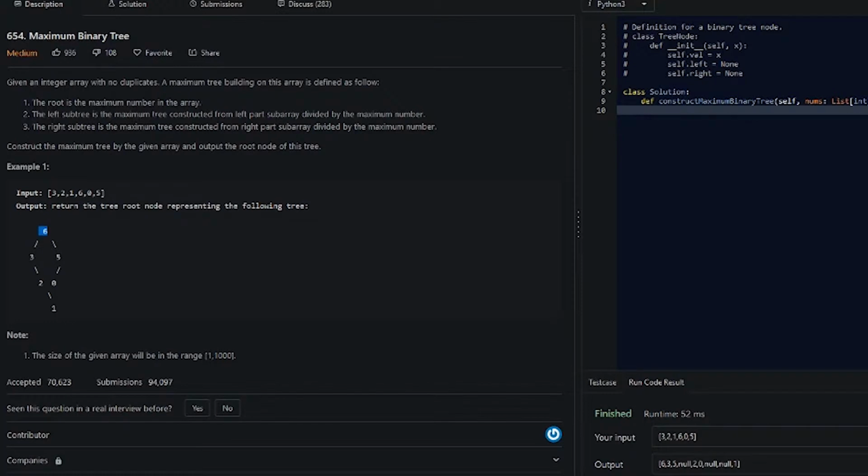The root is the maximum number in the array, so in this case the root here is 6. And then the left subtree is the left part of the subarray, excluding that maximum number, and the same with the right. So the right subtree is the right sub-array with the root being the maximum number. So here the root would be 3, because in this subarray the max is 3, likewise 2, then